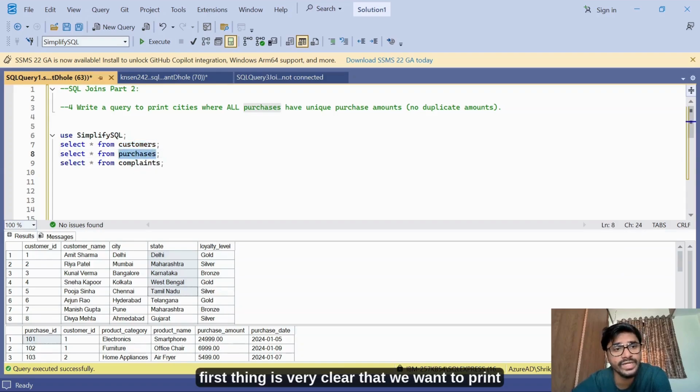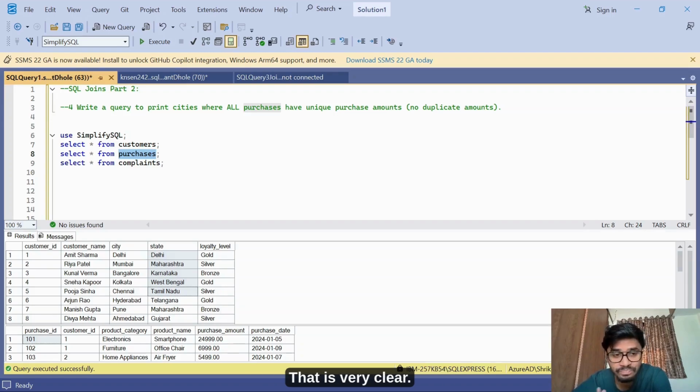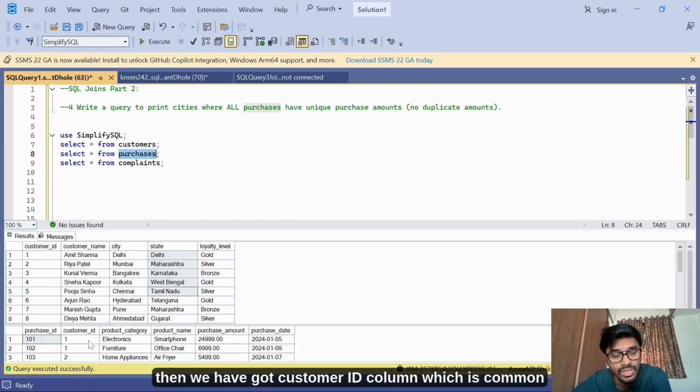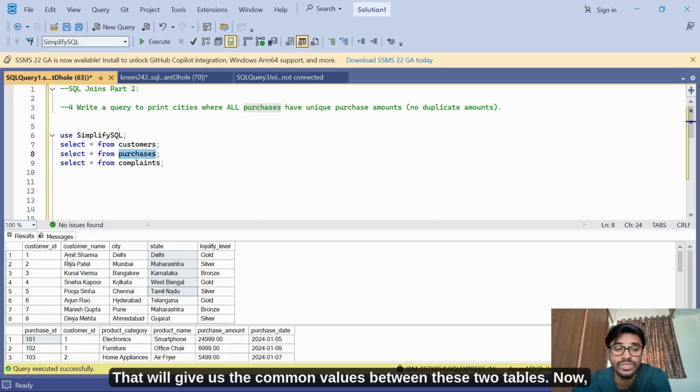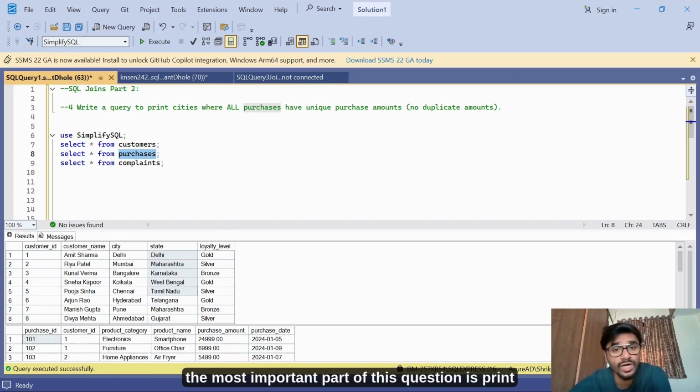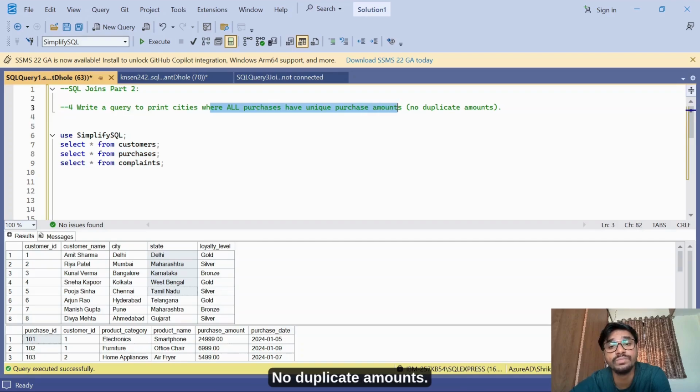So the first thing is very clear that we want to print cities. So in order to print these cities, we will have to group by city. Second thing is also very obvious: if you are talking about these two tables, we have the customer ID column which is common in these two tables. So there will be an inner join between these two tables that will give us the common values between them. Now the most important part of this question is print cities where all purchases have unique purchase amount,